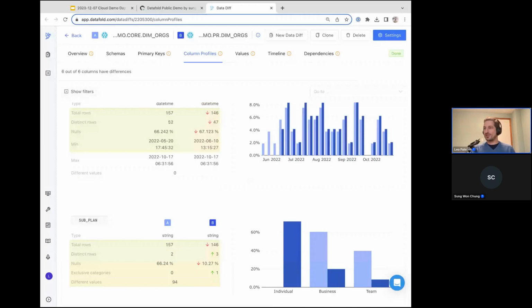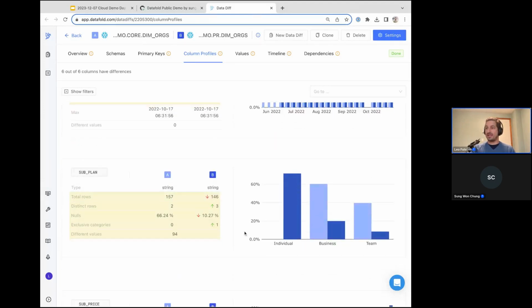The chart doesn't show you too much, but this can be really quick to get to the information that matters here. You can look at all those timestamp changes and say, there are a lot of timestamp changes, but what's really happening here? You might want to look at a summary or a distribution shift. You can see a similar insight here. We'll go back to the values tab in a moment, but we saw a lot of shifts between team,